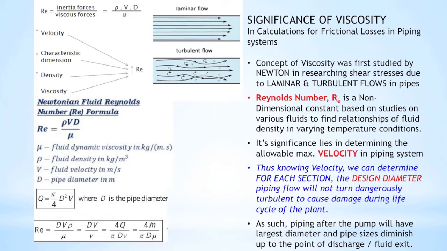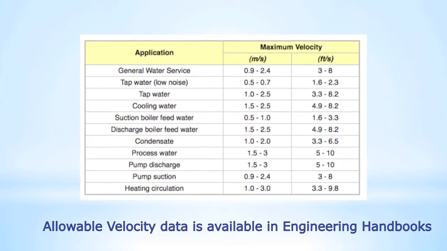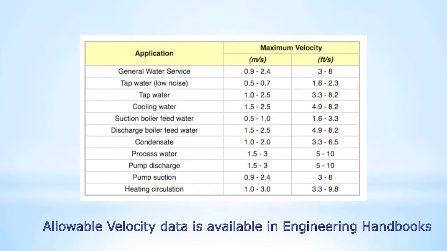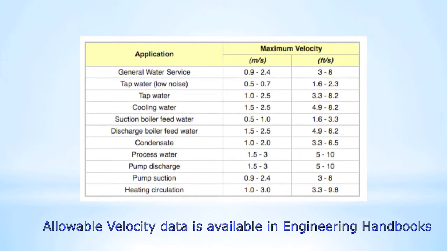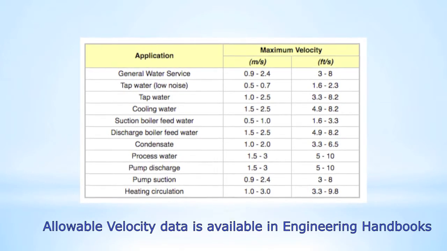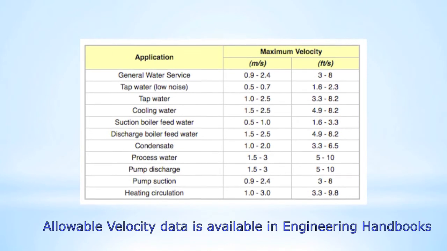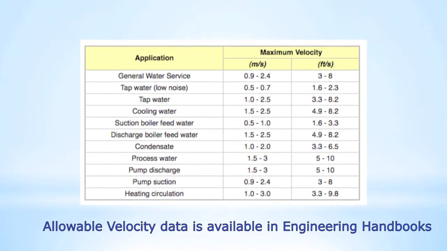And so how do we do that? We do that by maintaining a certain maximum velocity in every diameter of pipe. In the case of water, I think the limitation of velocity is somewhere like 1.5 meters per second, and in some cases they are taking a maximum of 3 meters per second, if I remember right. This 1.5 meters per second basically comes out from the Reynolds number itself.